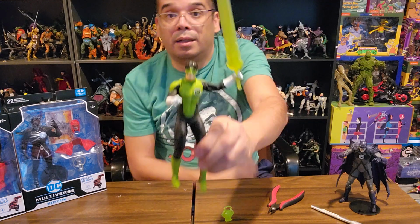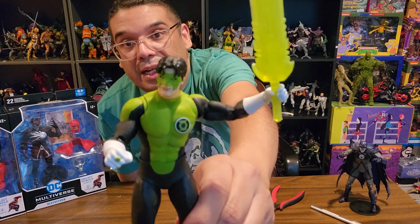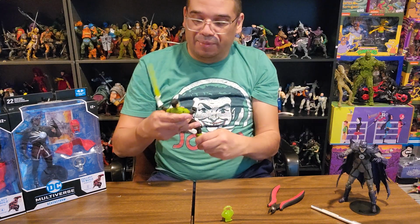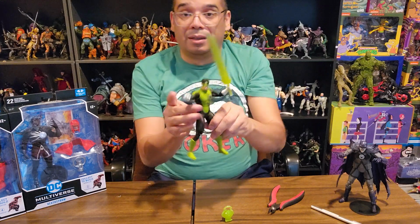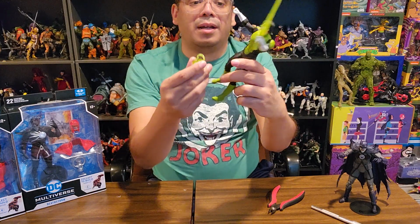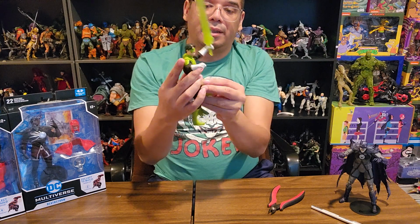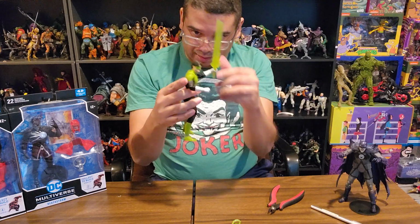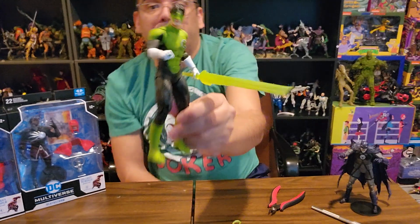I like it. I would have liked if he had two open hands, maybe. So he could have held his lantern, and it probably weighs nothing to him because it's a mental construct. But still, that looks awesome. I kind of wish he could hold them both. I don't think the lantern actually sticks onto anything. I didn't really notice the decal he has on his chest. That's pretty cool. The lantern decal. But yeah,